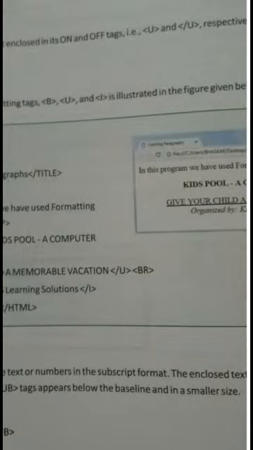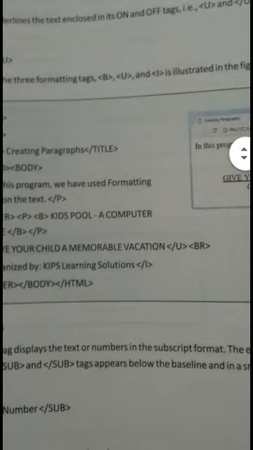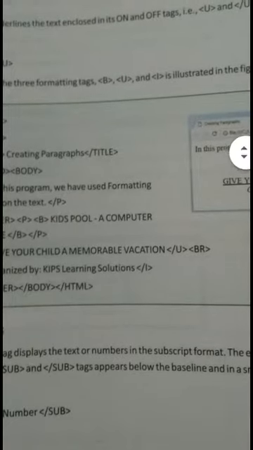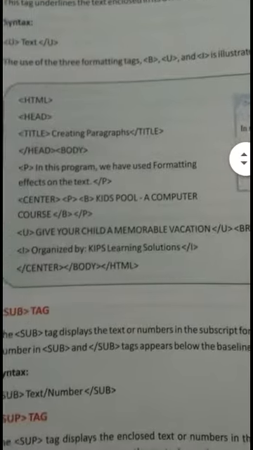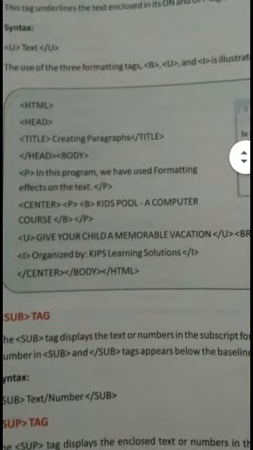Here you can see the third line, "Give your child a memorable vacation." This line is coming in the underline form. On this side you are looking at the program and on the other side the web page.